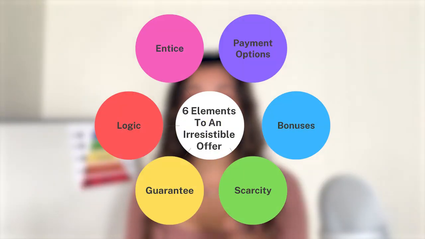And the 6th irresistible component is to have a guarantee. So this is what you offer to customers if they're not satisfied or if they don't get the result. So for example, you could say, if you join our membership, if you show up for the calls, if you go through the course and you don't feel satisfied or you don't get the result, then after 30 days, we'll give you all your money back, or we'll keep working with you without any extra pay until you get the